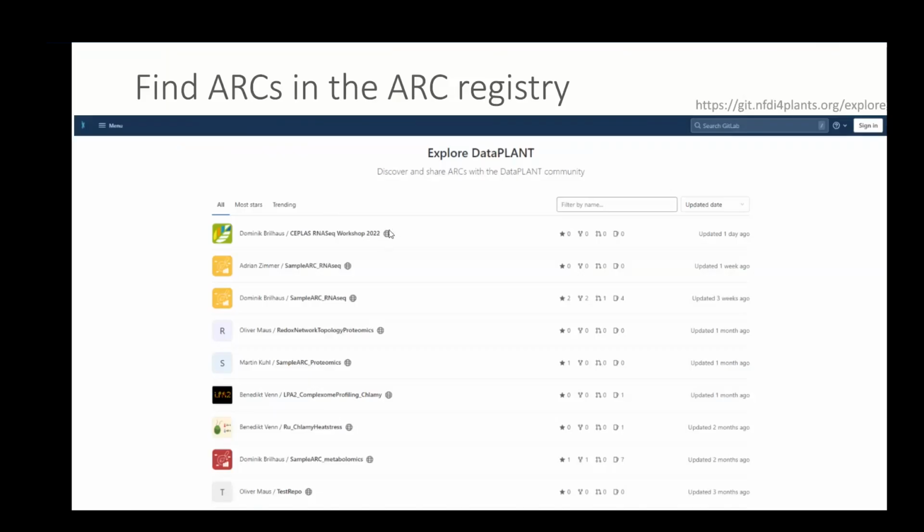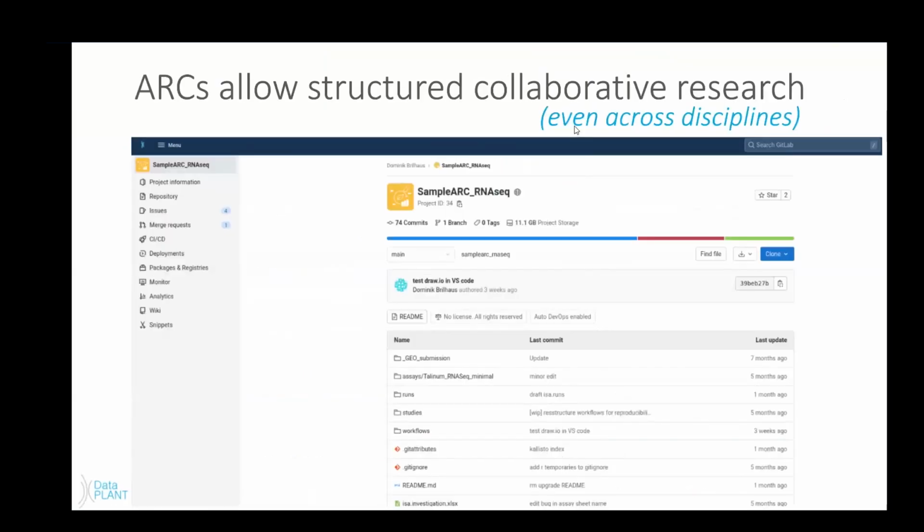Another thing I'd like to point out is this globe here. This means that the ARC is open to the public. So this is available for anyone to click on and look through. Of course, this is not a must. I think we often do not want to make our data readily available until it's ready for that. So in that sense, you can put different privacy settings on your ARC, either for just yourself. Maybe you just need to take some simple plant height measurements in lab, doesn't relate to anyone else. You can make that private for yourself, or maybe just open it to the other collaborators within your group.